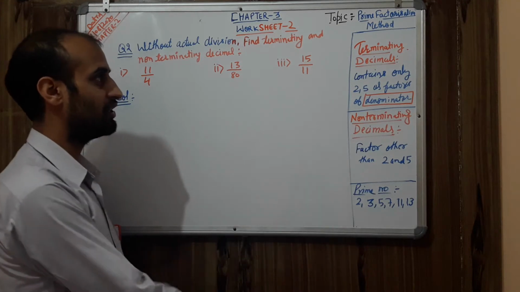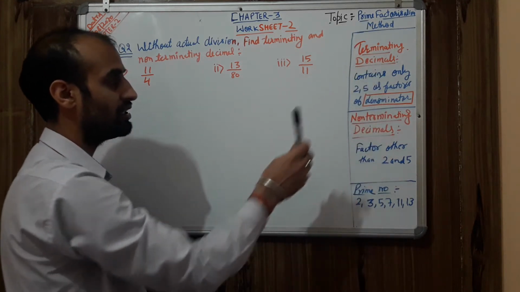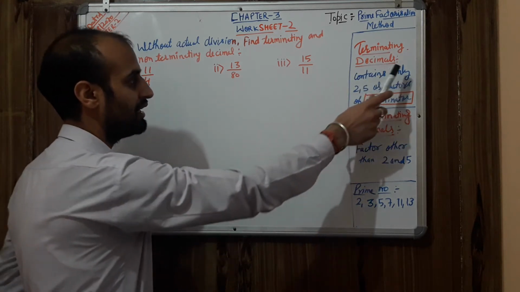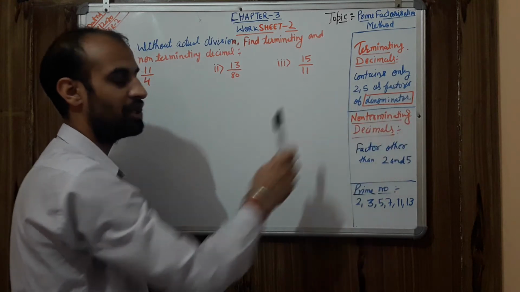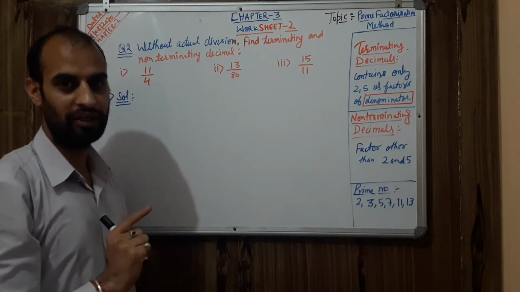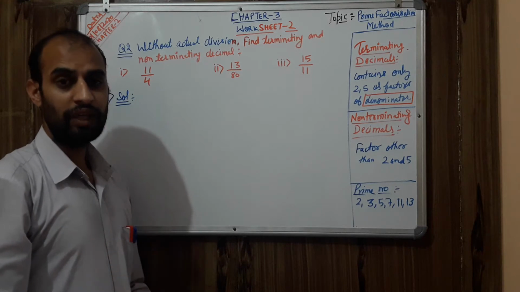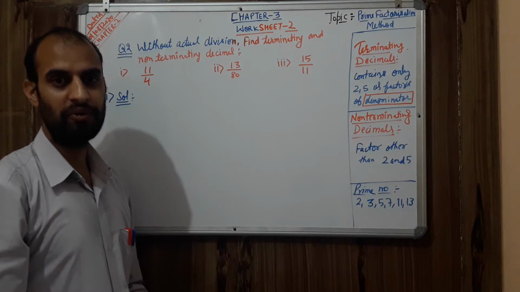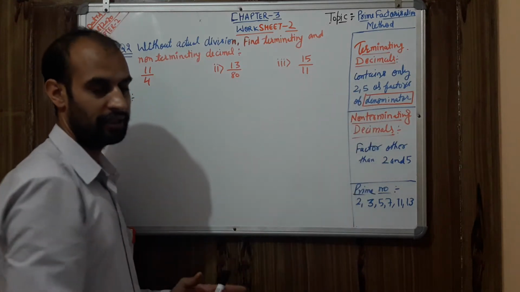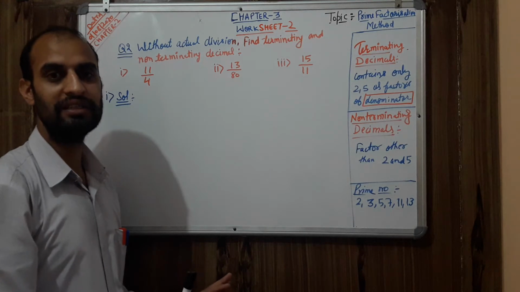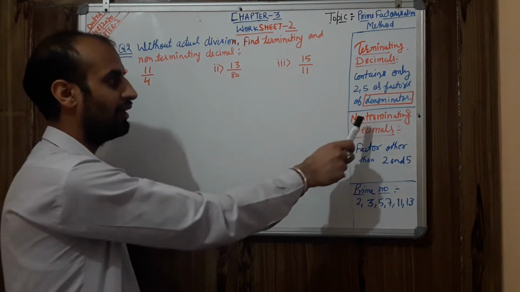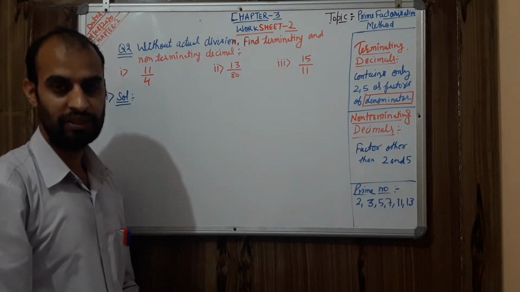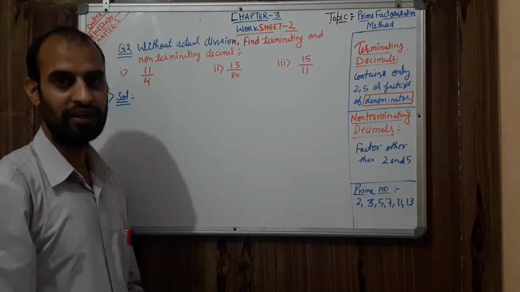So let's see what the factorization method is. Here I have written prime factorization. If any rational number is terminating, then in that case it contains only 2 and 5 as factors of the denominator. So the main role is of the denominator. If you are taking any denominator, just make its prime factors, and after making prime factors, if you are getting only 2 and 5 as its factors, there is no other factor than 2 and 5, so you can write yes, it is terminating. And if you are getting a number other than 2 and 5, or a combination of another number with 2 and 5, then in that case you will say it is non-terminating.